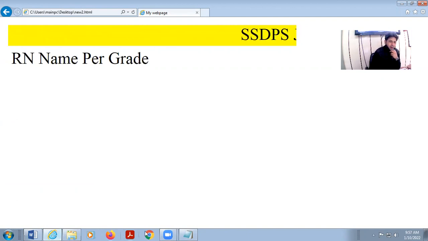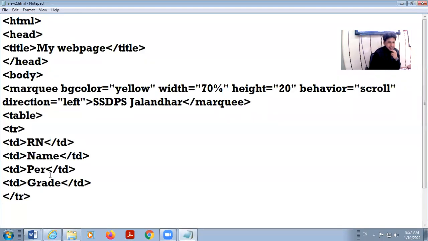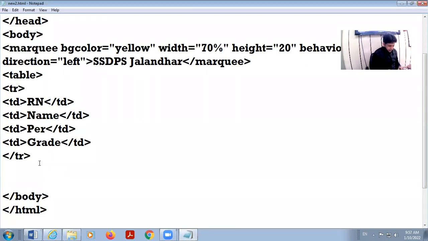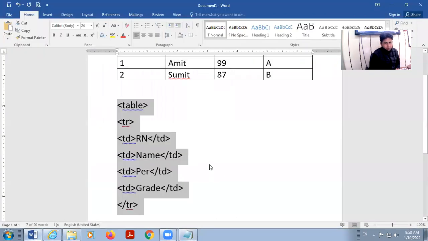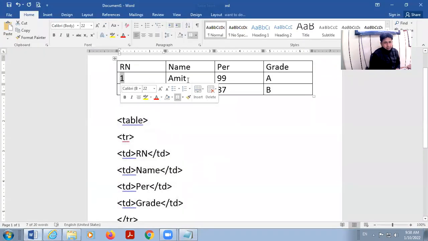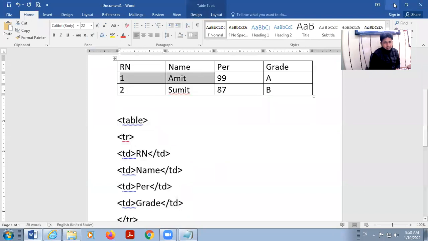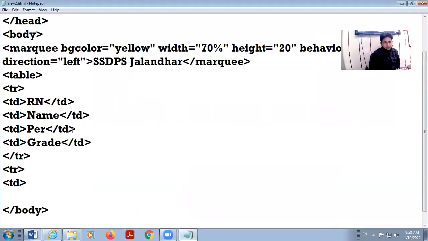Okay. Now I want to start my second row. I will have to type TR again, then TD. So my second row, there is roll number 1, Amit, 99 and A. So here roll number is 1. Then name, TD again, Amit.